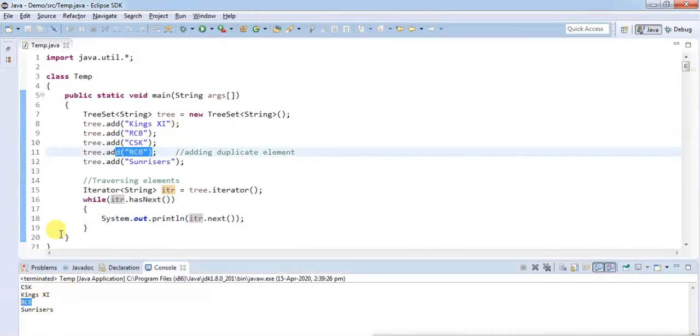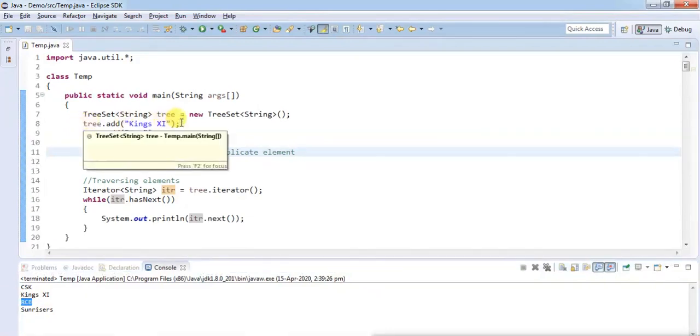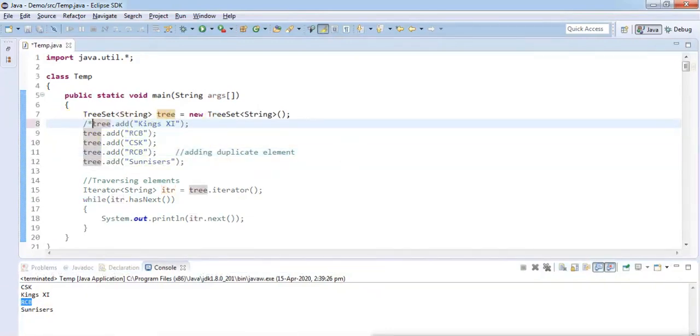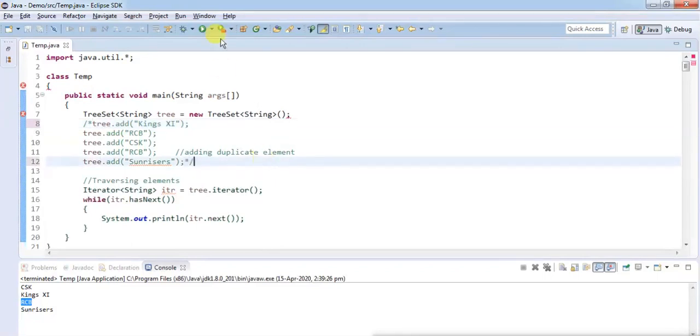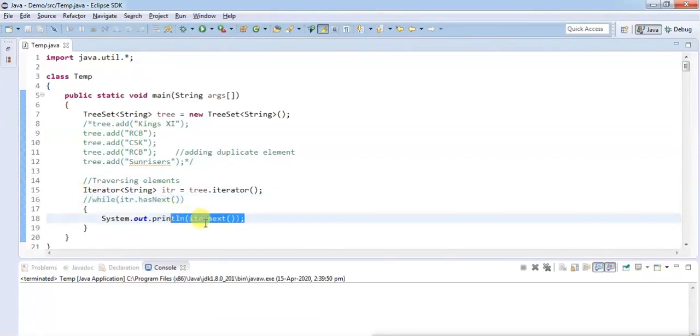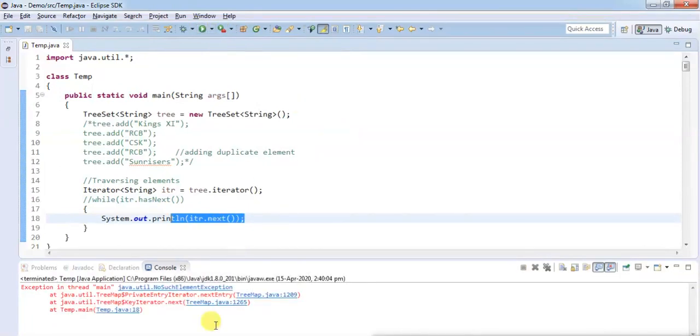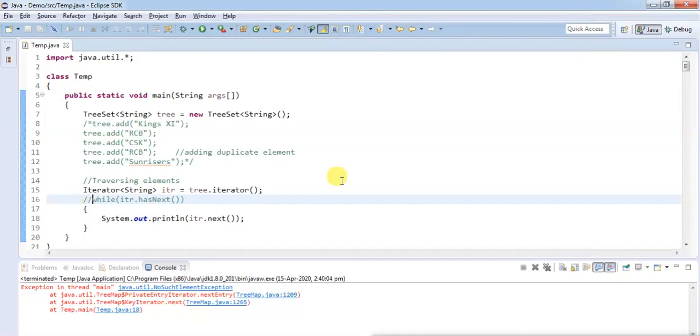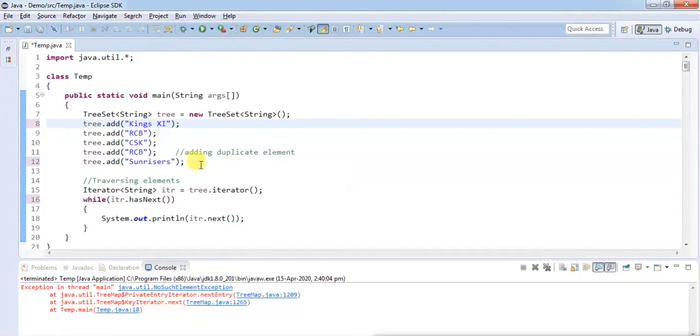Okay, and let's see, if I do not add any element inside it, then definitely the logic is not going to work. I mean, nothing will be printed. And if I do not use the while loop, let's comment the while loop here, and without a while loop, if I use itr.next, this will give me a runtime error because there is no element to be read further: NoSuchElementException. So this is an exception. That's why I first check whether there is any next element to be read or not, and only then read the element. So this is how you understand it.